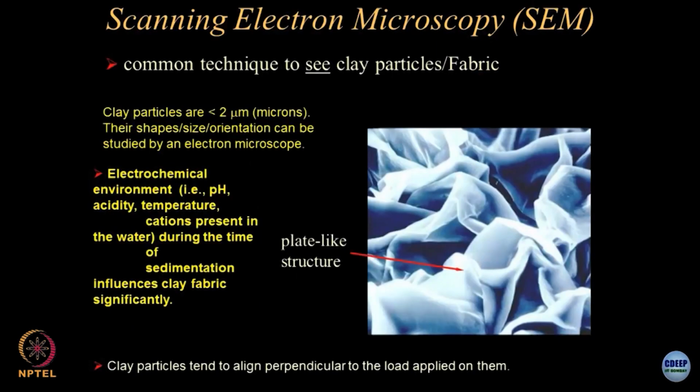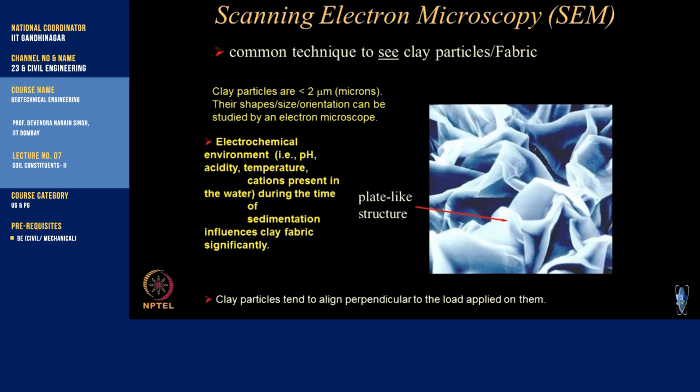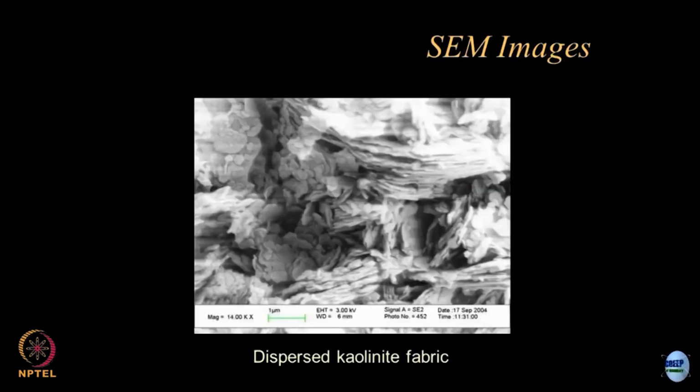I will revisit all this. This is something which is normally studied using scanning electron microscopy, for those of you who will be interested in such studies. If you want to see the alignment of the particles or the fabric of the clay particles, a scanning electron microscope is the tool which is used to see what type of arrangement of the grains which I showed you is existing in the system. I am not going to go into details of all these things, these are slightly out of context for undergraduates, but you should be aware of them because this is where the R&D is and this is where the stakes are for our profession.